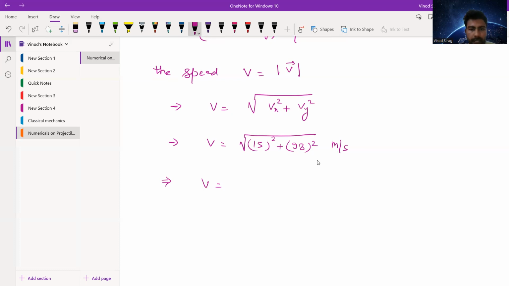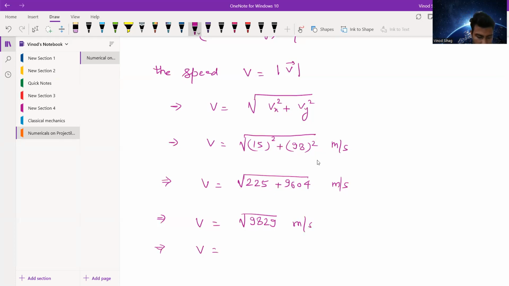Now the 15 square, that we know it is 225 plus, let me see, the square of 98, it will be 9604. And finally, if we add it with 225, it will be 9829 meter per second. And if we take its square root, then it will be